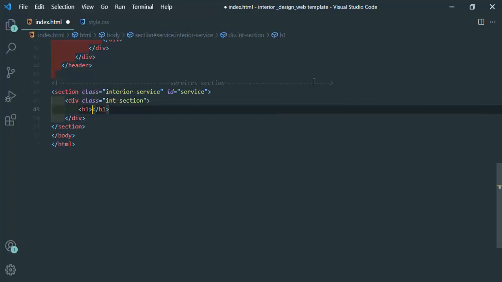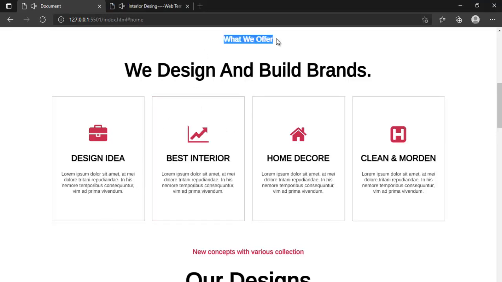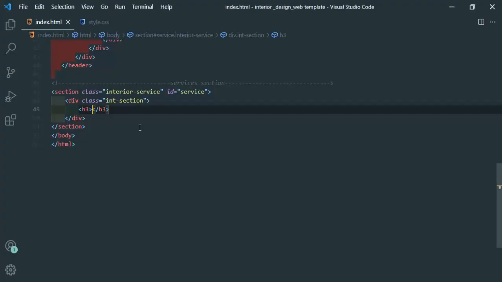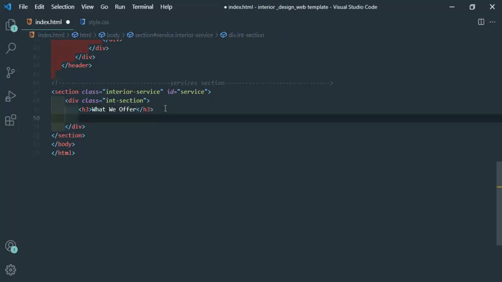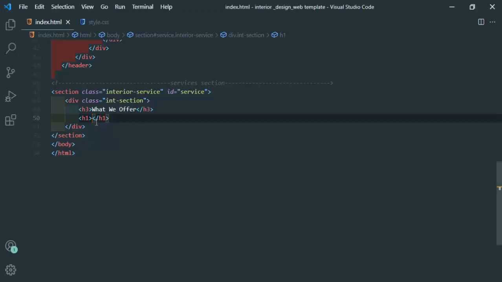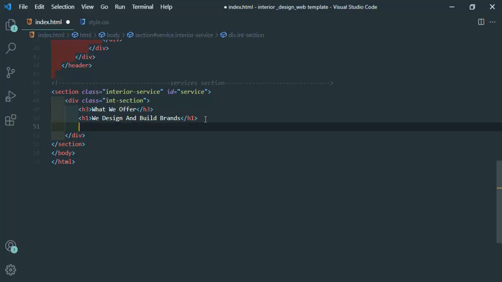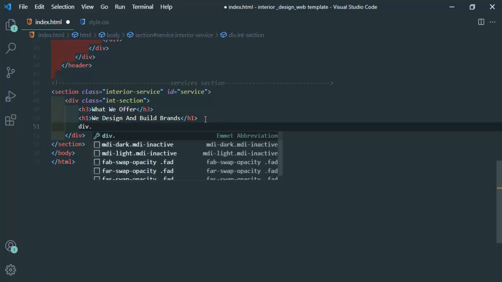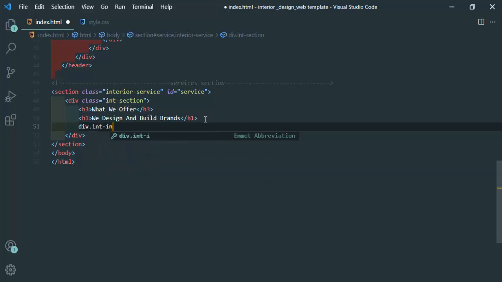my heading, sorry, there is an history I am using. Heading, I'm copying from this, what we offer, Control C, Control V, then I have to remove this dot and my next is a div class as an integer inner box. Okay,